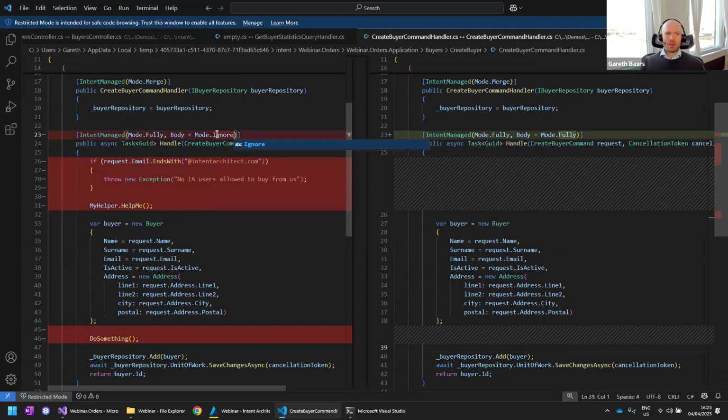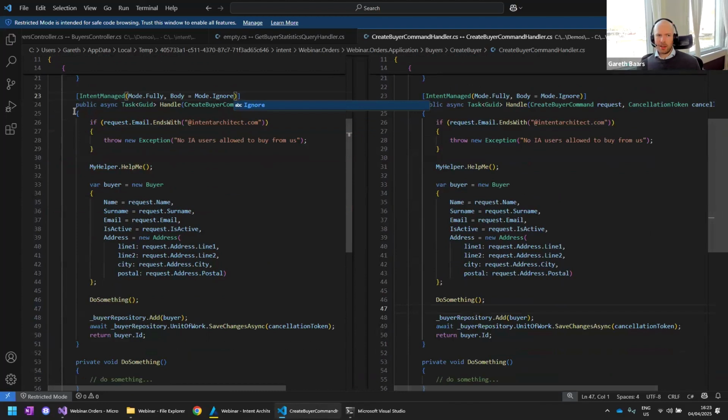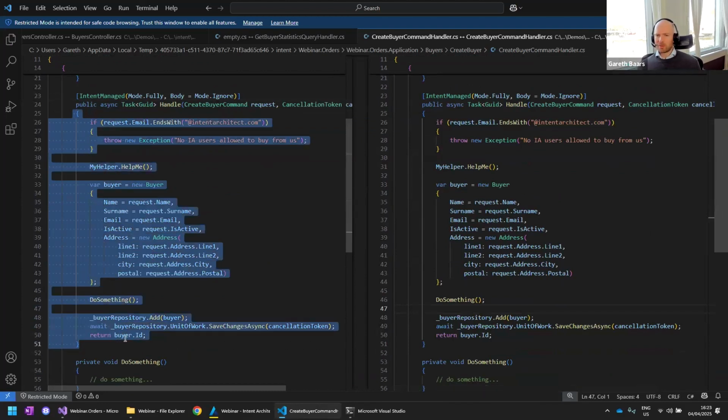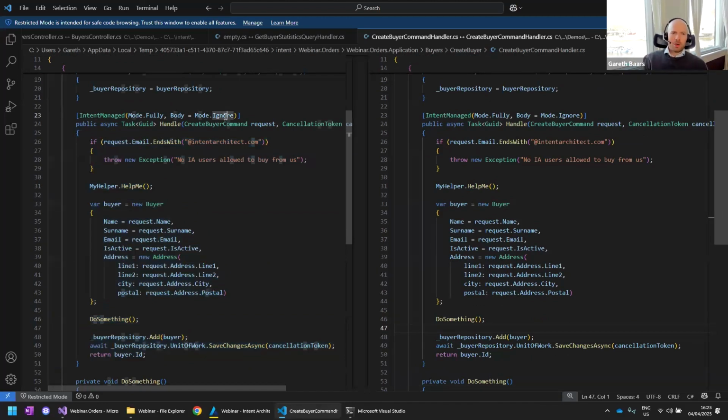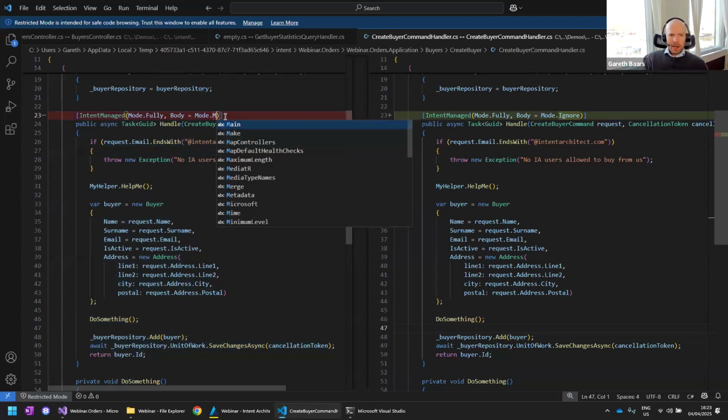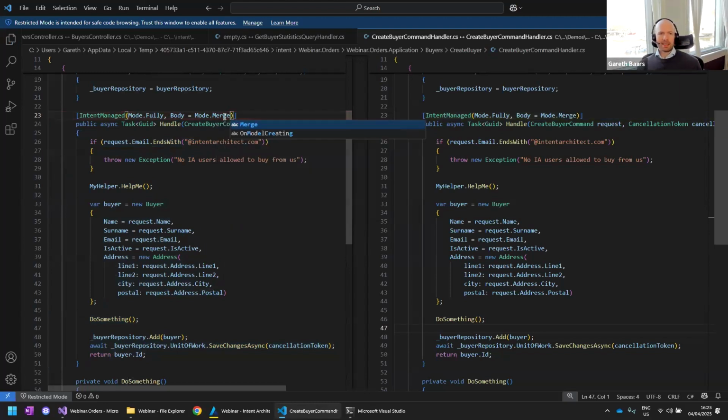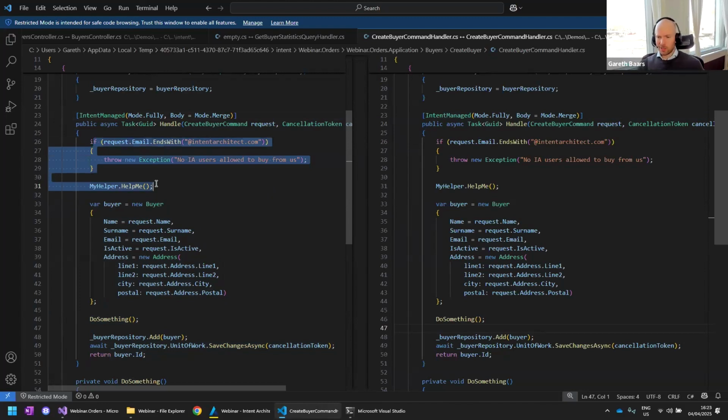Then we've got ignore, which basically tells Intent Architect, as we saw earlier, that it under no circumstances must touch this code going forward. This is for the developer to manage. So I've taken it over essentially. And then we have the final option, which is merge. And what merge tells Intent Architect is that Intent Architect is allowed to add code, it's allowed to update code, but it's not allowed to delete my code. It's allowed to delete its code, as in code that it knows the automation system wrote, but it's not allowed to delete code that the developers wrote, right?